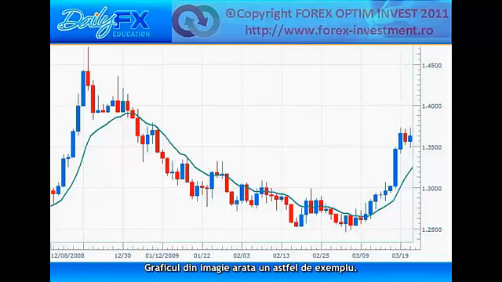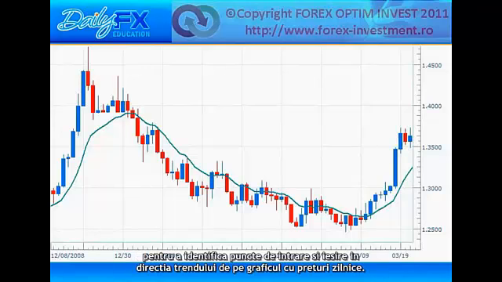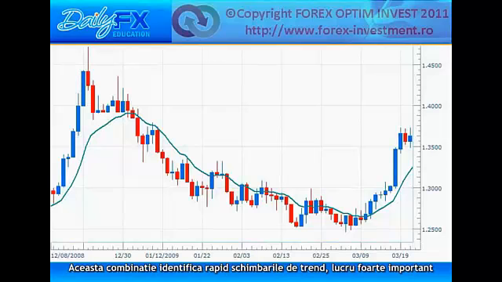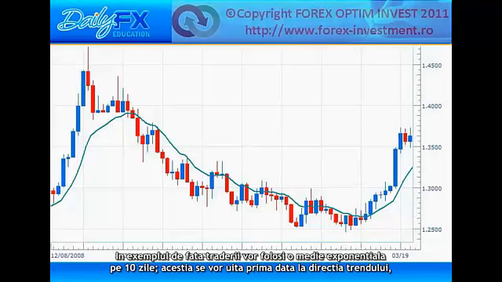The chart below shows an example. This is typically used by short-term traders who use a shorter time frame chart to identify their entry and exit in the direction of the trend on the daily chart. This combination is quick to note reversals, which is key for short-term traders who want to trade with the momentum of the market. With this example, using a 10-period EMA, traders will still first look for the direction of the